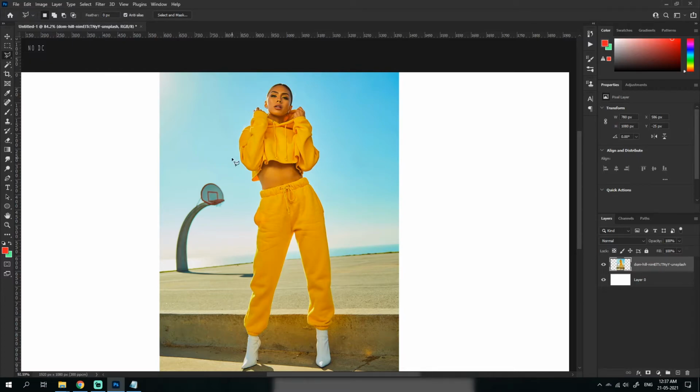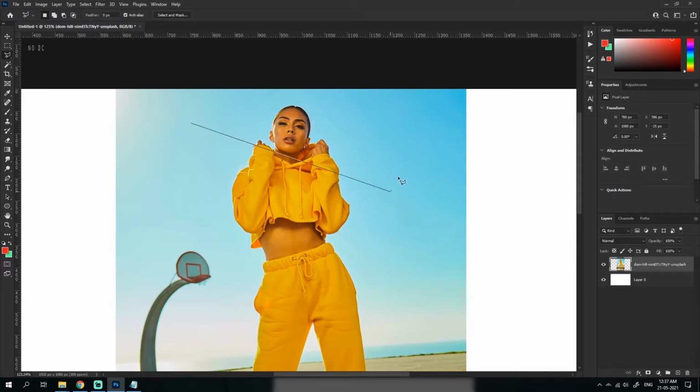The polygonal lasso tool is simple, but it works in lines instead of doing this. Once you are at the starting point, it will show this loop sign on the tool, which you could click to close the loop, or you could just double click to loop it. You see? So depending on how you want, you could just use the tool.